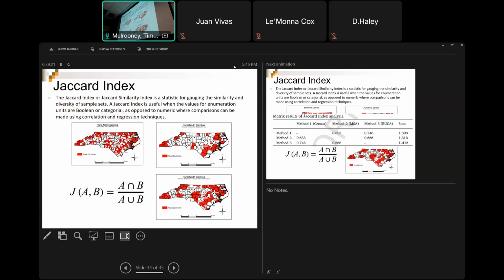The last thing here before we take a break and then open up case study 2 is one thing I'm getting into. I'm still in love with it. I talk about it a lot. It's called the Jaccard Index. It's basically a measure of similarity from 0 to 100, because these are different maps here. So we talk about the word rural. What does the word rural mean? What is rural?